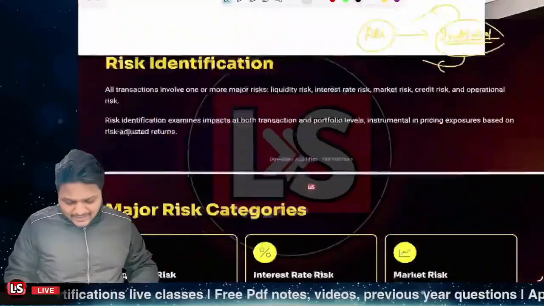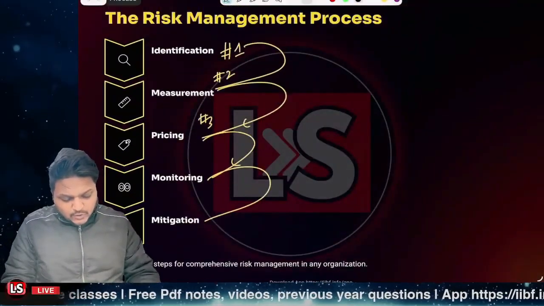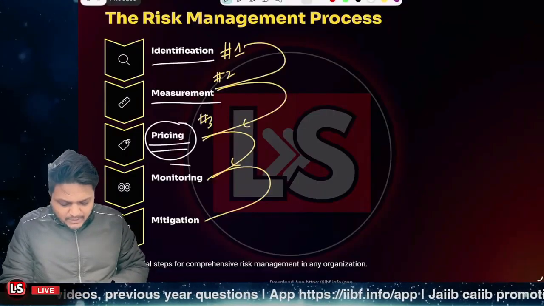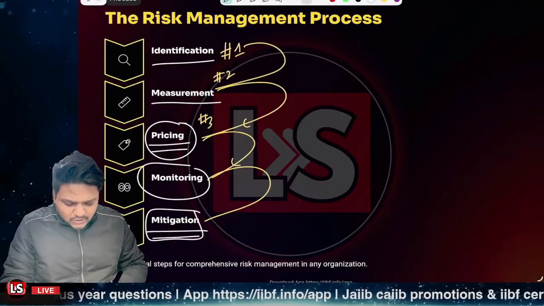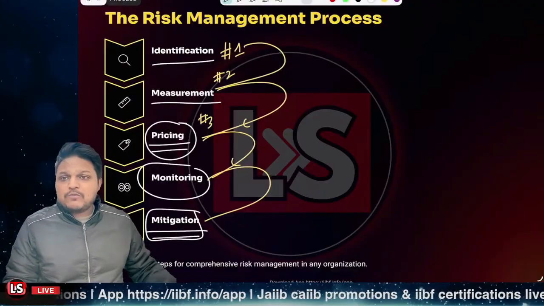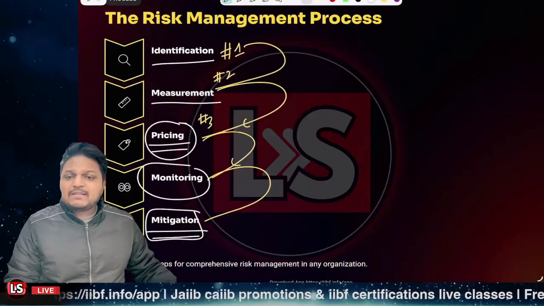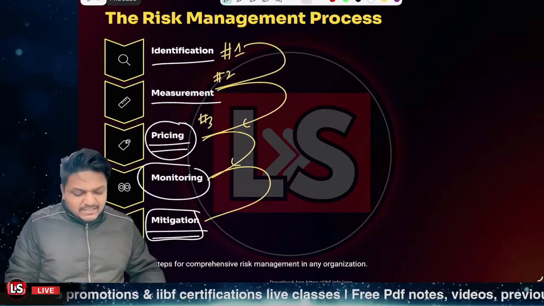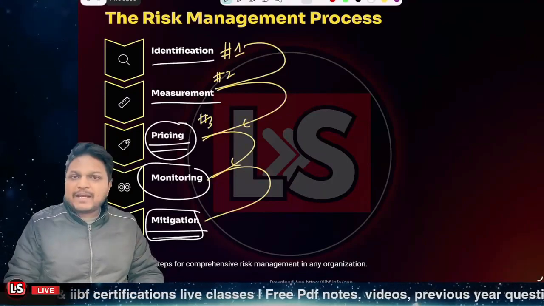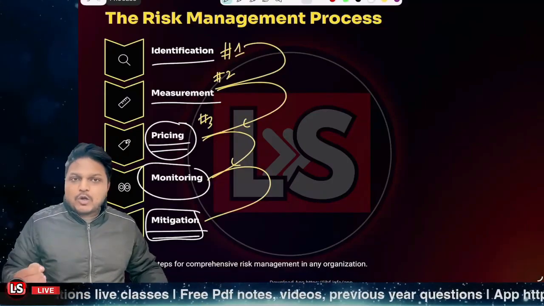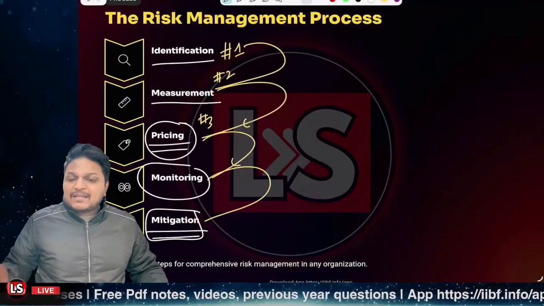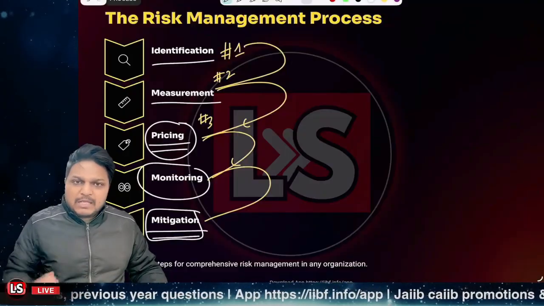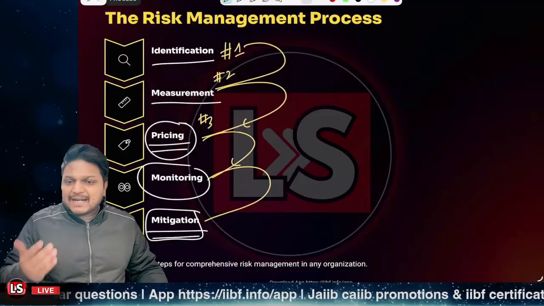I told you very clearly that in the case of risk management, first of all, it's related to risk identification. Then we quantify the risk. Then the risk pricing is done, monitoring is done, and further we can do the mitigation part. But I also told you whenever we try to mitigate the risk, definitely we also lose some positive potential. Let's take the case that if I want to safeguard my car from getting lost, or let's say I want to get the insurance cover, for that I also have to pay the premium, and when I pay the premium, definitely there is some cost to me, right?